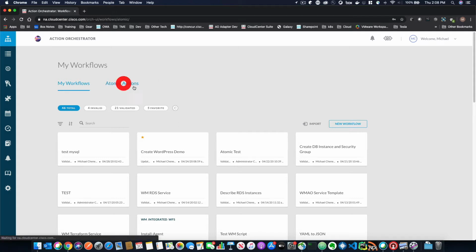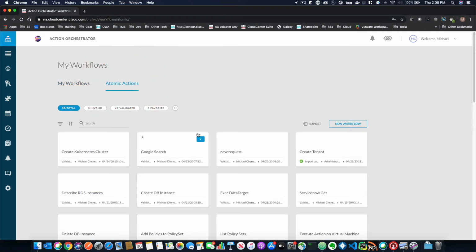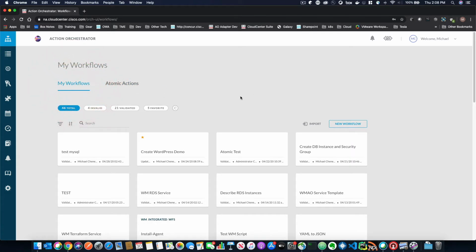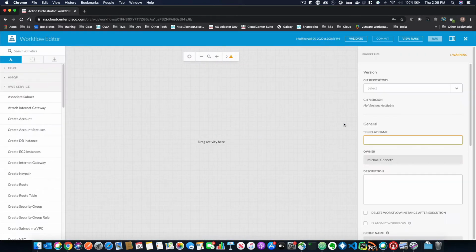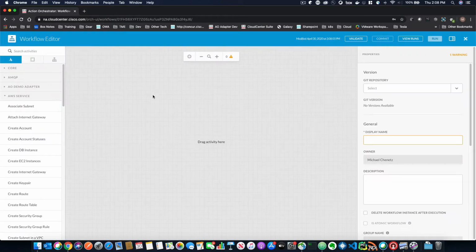You're using these pieces called atomic actions, which are listed here, as I said before, as the building blocks of workflows. So let's talk about how you do that and how we build these workflows. What I'm going to do first is click on this icon here that says New Workflow. And you'll notice what it brings up is a blank palette over here that says Drag Activity here. And if I click anywhere over here, it's already set up, but you could see that on the right-hand side,